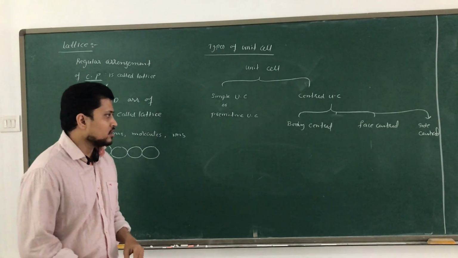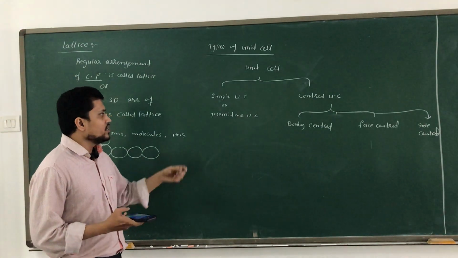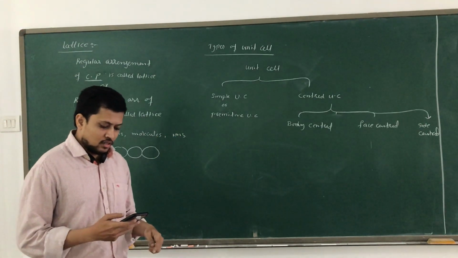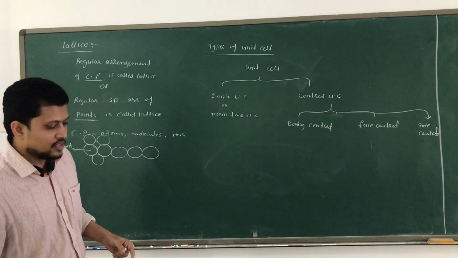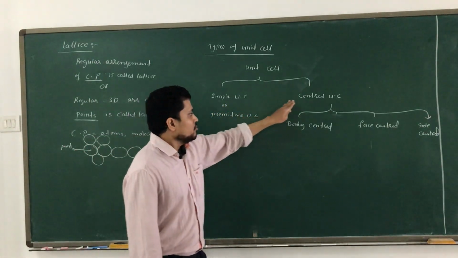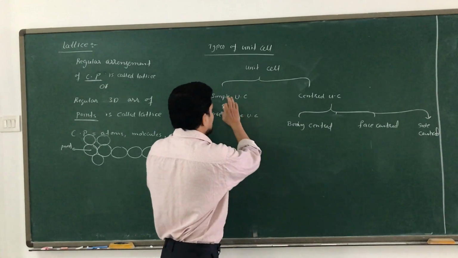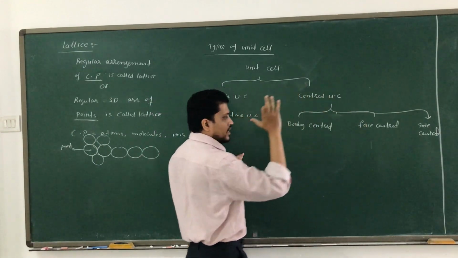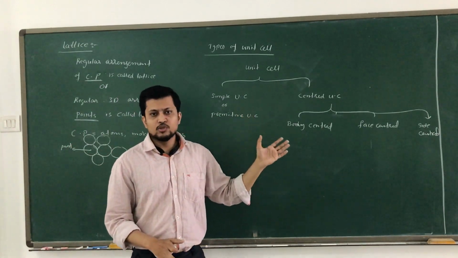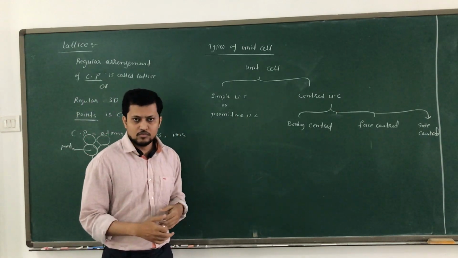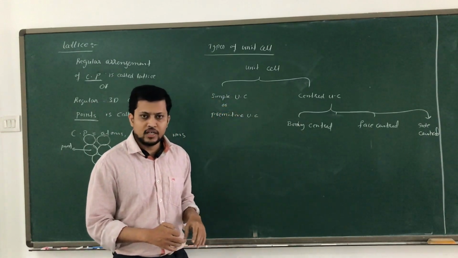So simple, body centered, and face centered. So after this, if you see these 3 unit cells, we can say 2 unit cells. The second one is again divided into 3 types. But if you want, you can say 4 types: simple, body centered, face centered, and side centered. So you can directly say 4 types. In your books, maybe they are giving you the 4 types directly. So now we are going to understand all these 4 types separately, one after another.